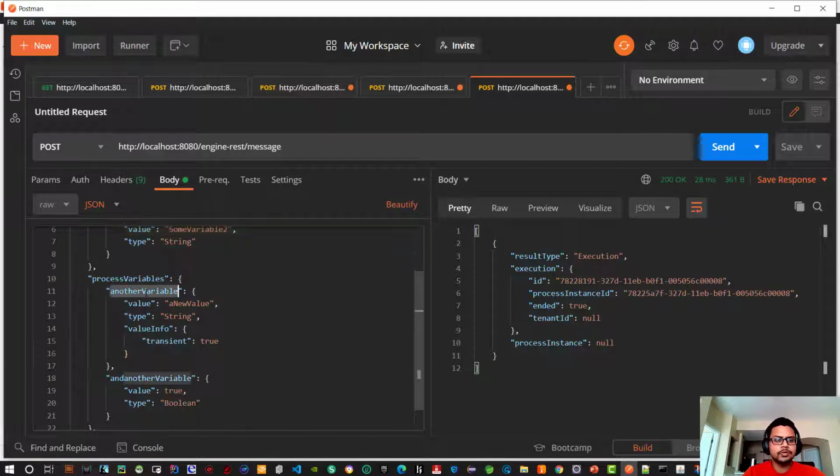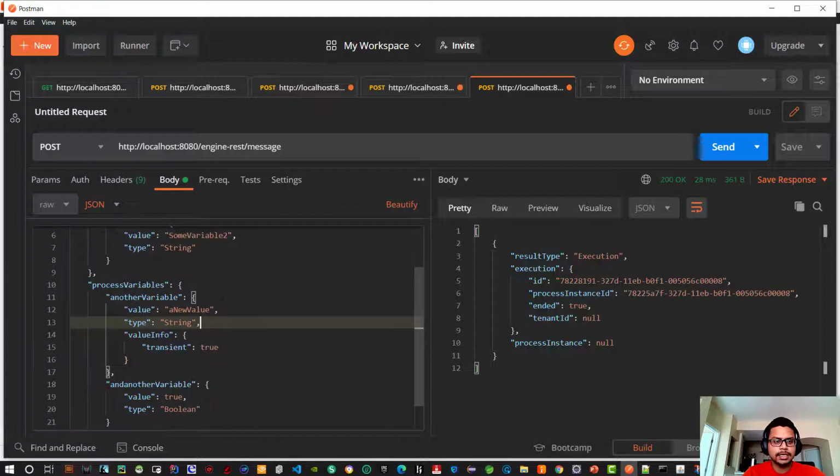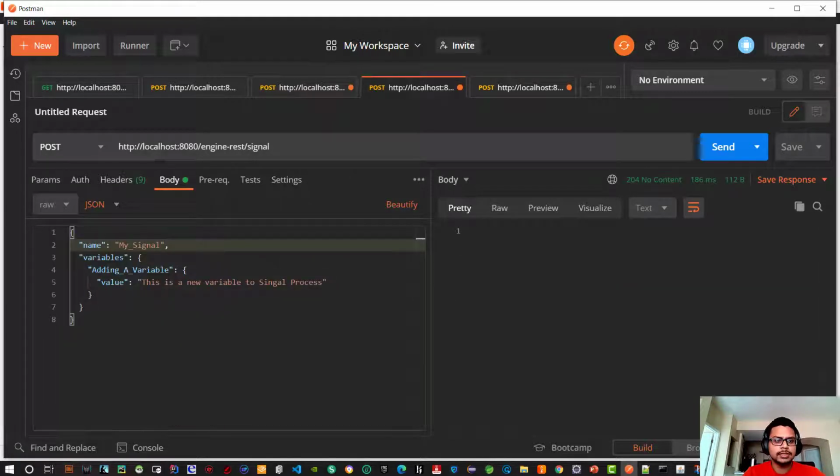I have created one more variable which is another variable, and one more is and another variable. So you can do anything just to show you that you can add process variables from your message even to the process. I just showcase that here, which is a similar thing which you can do in your signals as well, right? You put variables and give the key of the variable, which is the name of your variable,